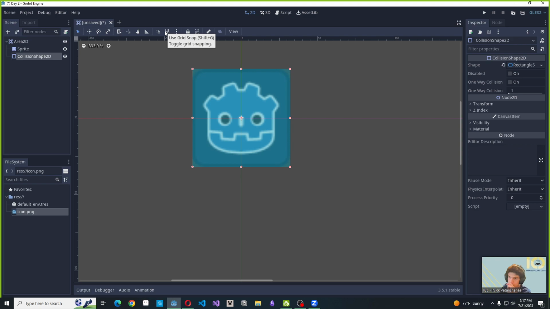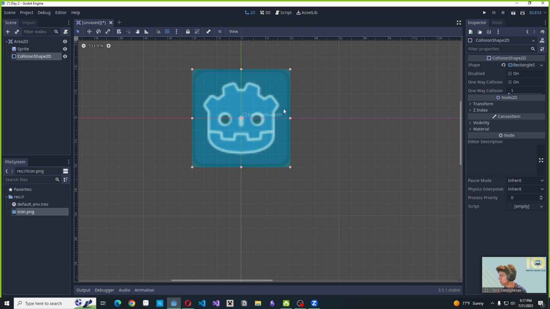Sorry, not Smart Snap, but click this icon right here in our toolbar, Grid Snap. My grid snap is set to snap to every 8 pixels, I believe. So this should snap to the edges of the Godot icon. If your snap settings are different,